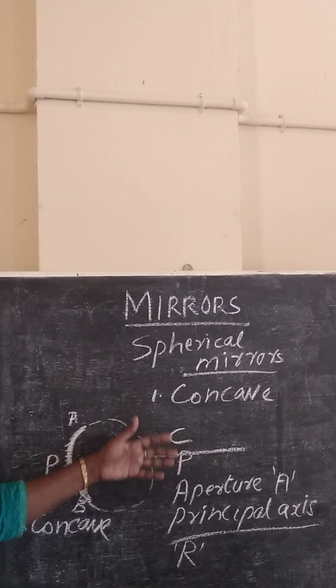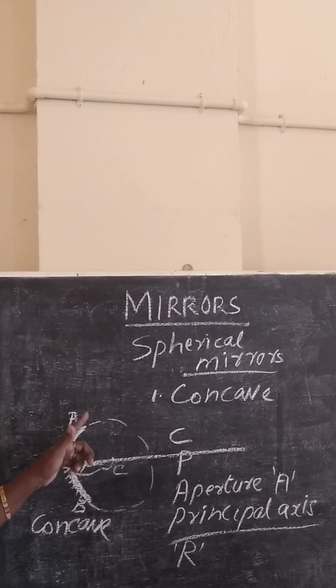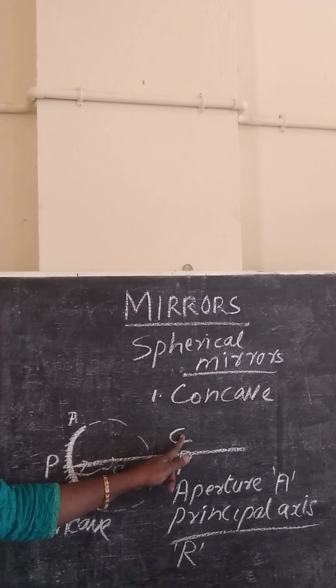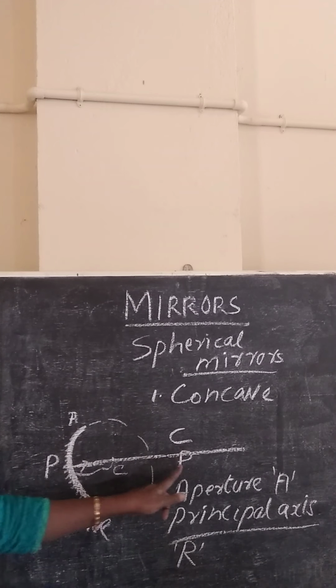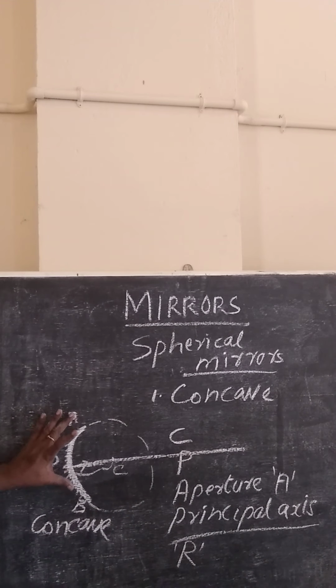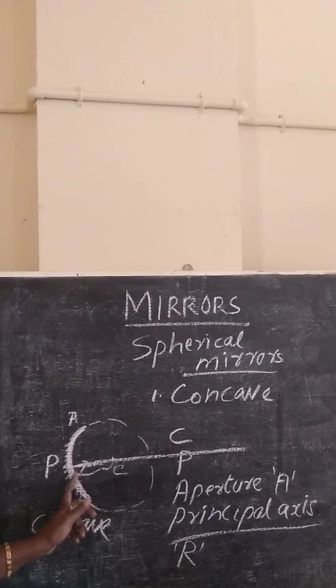So we have already discussed five points. First is the center of curvature, the center of the sphere from which the small reflecting side, or small concave mirror, is taken. C is the letter used to denote it. The pole of the mirror is nothing but the center of the reflecting surface, called P. The aperture is the small length of the reflecting surface, AB in the picture, denoted by the letter A. And the principal axis is the line passing through the points C and P, where P is the pole and C is the center of curvature of the mirror.